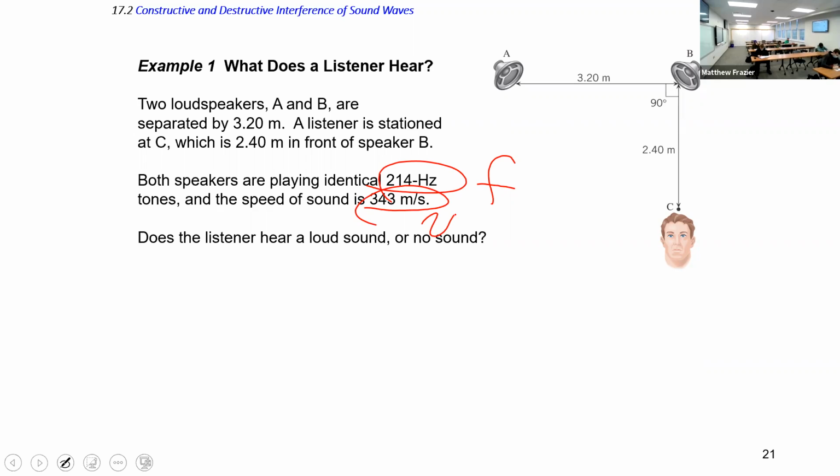So problems like this, what we want to do is find the path that the sound takes, find the distances for them, and then find the wavelength and compare the path difference to the wavelength. All right, so one we're given: sound goes from B directly to us, it's 2.4 meters. The other one we have to calculate, goes from A